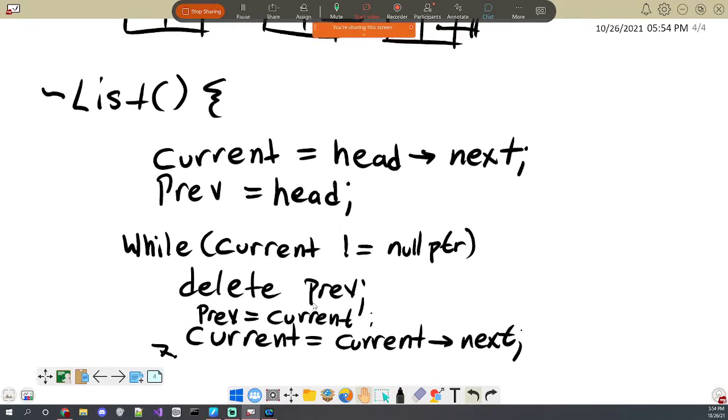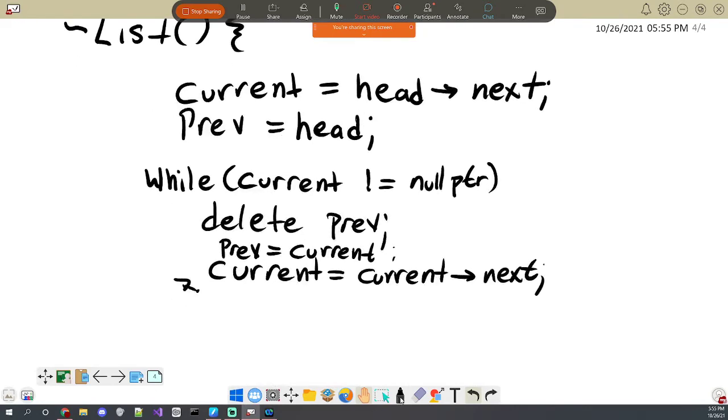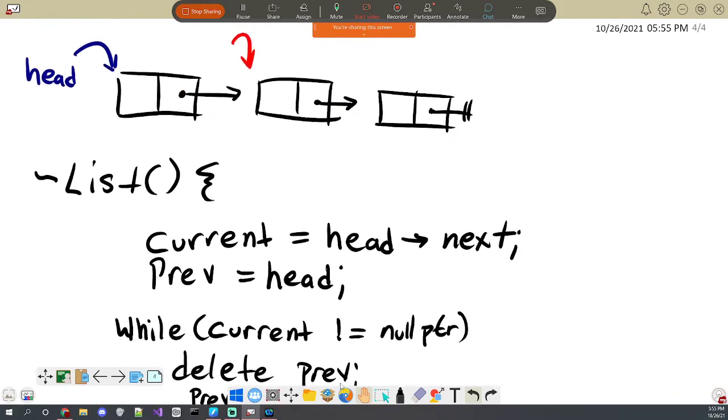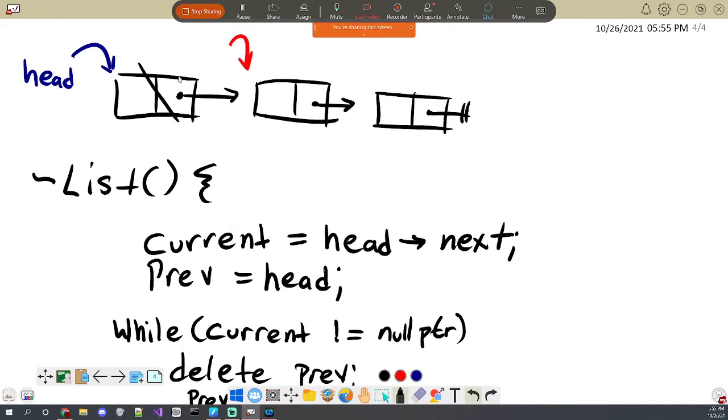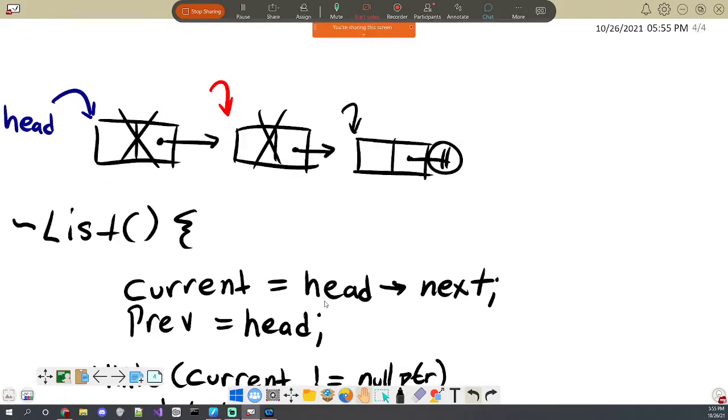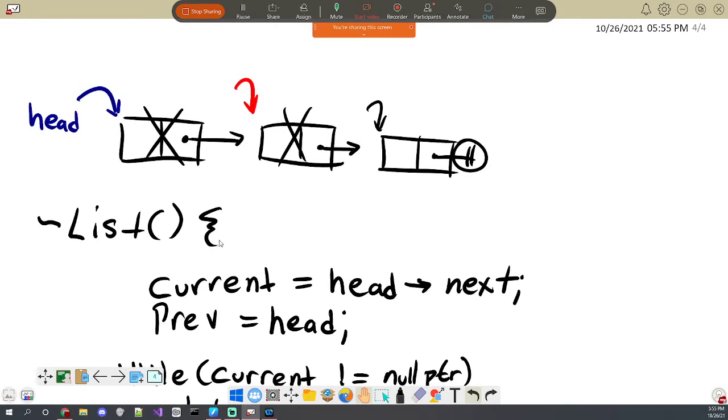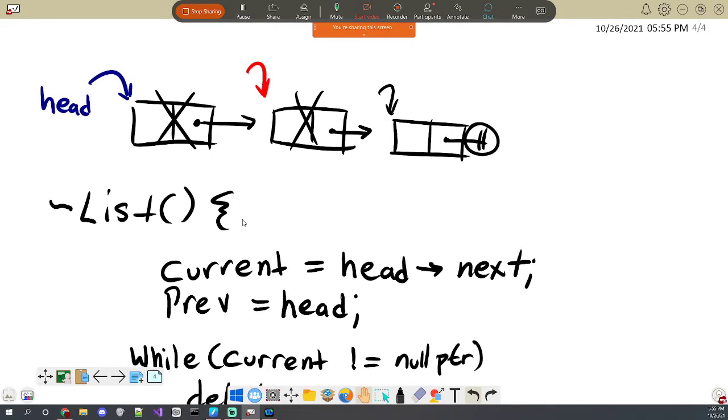Right, so this should be okay. I think it does leave the last node, so you'd probably need to go down here and delete previous one more time after the loop. If we consider the break condition, this would have the current be here, it would delete that. It would have the current be pointing to this, it would delete this, and then it would make the current equal to null before it actually deletes it. So I think that's what happens. So this is just generally the code for that. It just felt like I should mention that you should add this to your linked list class, and I just forgot to code it. But it's not that much different from our deletion.